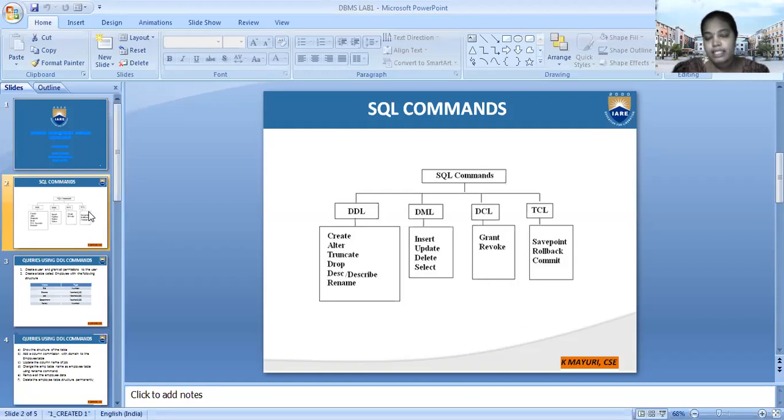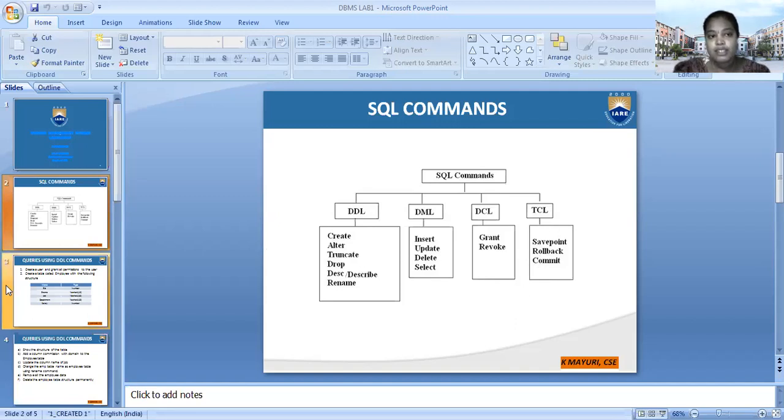These are the basic controlling commands that are present in data control language. That is the third one. The fourth one is transaction control language. These commands are used for storing the data in a permanent or temporary manner. If you want to retrieve the recently updated data, that can be done by using the rollback command. This is the basic introduction to all the commands.